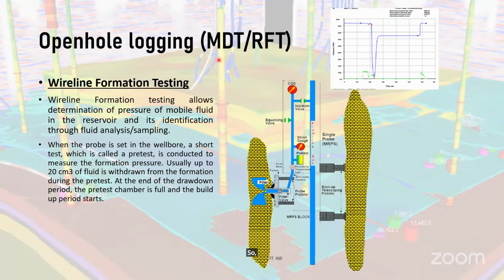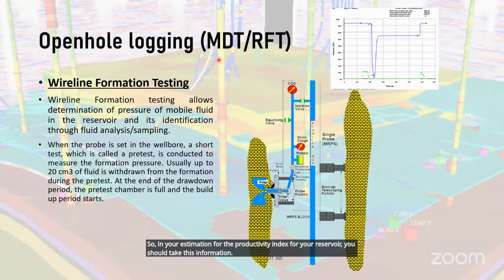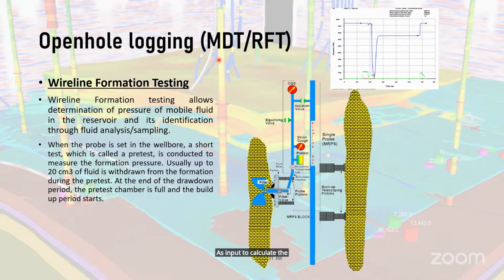So in your estimation of the productivity index for your reservoir, you should take this information as input to calculate the productivity index. Okay, so you don't have much high expectation for the productivity from this well. Okay, if the mobility is very high and your reservoir permeability is moderate, so usually for the high mobility,